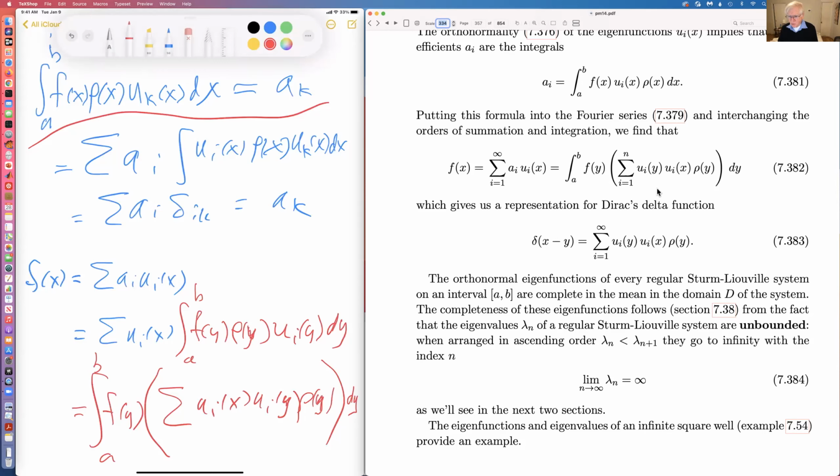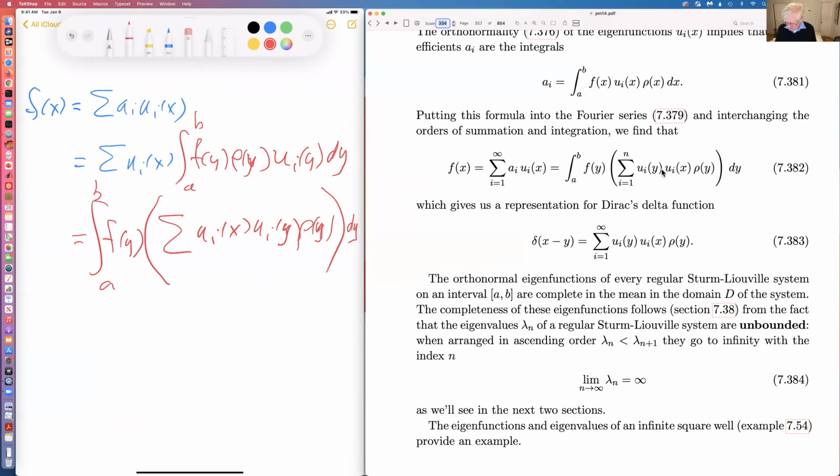And that, in fact, is what we have here. At least I hope it is. And so what do we have here? We have f of x is an integral from a to b of f of y times parentheses dy. So this thing has to be delta of x minus y, because when you integrate f of y times the parenthesis, you get f of x. And so that gives us the really important formula, namely